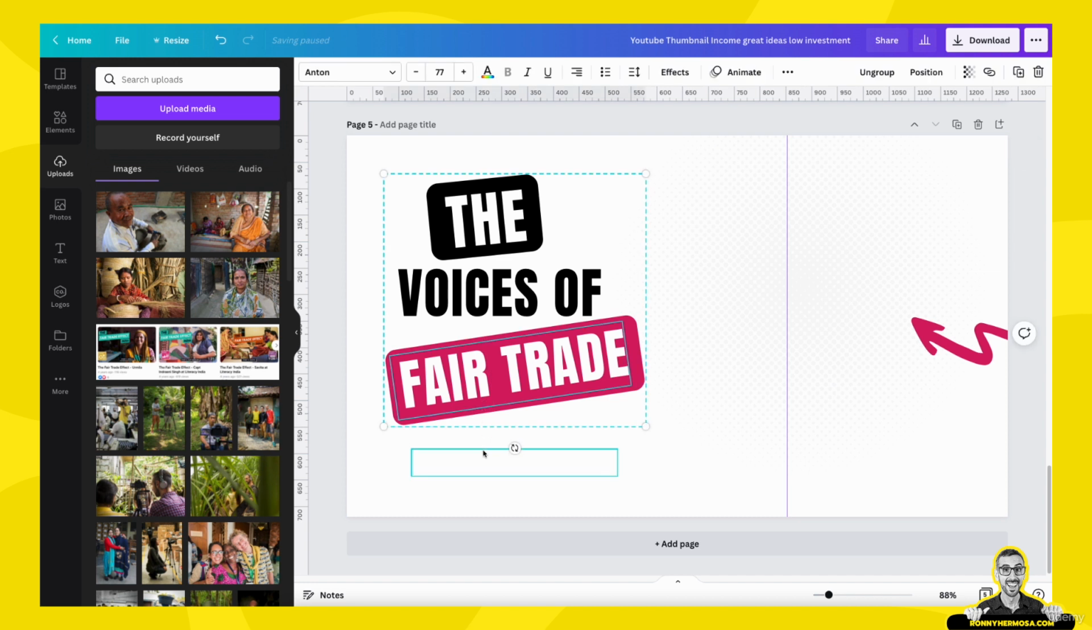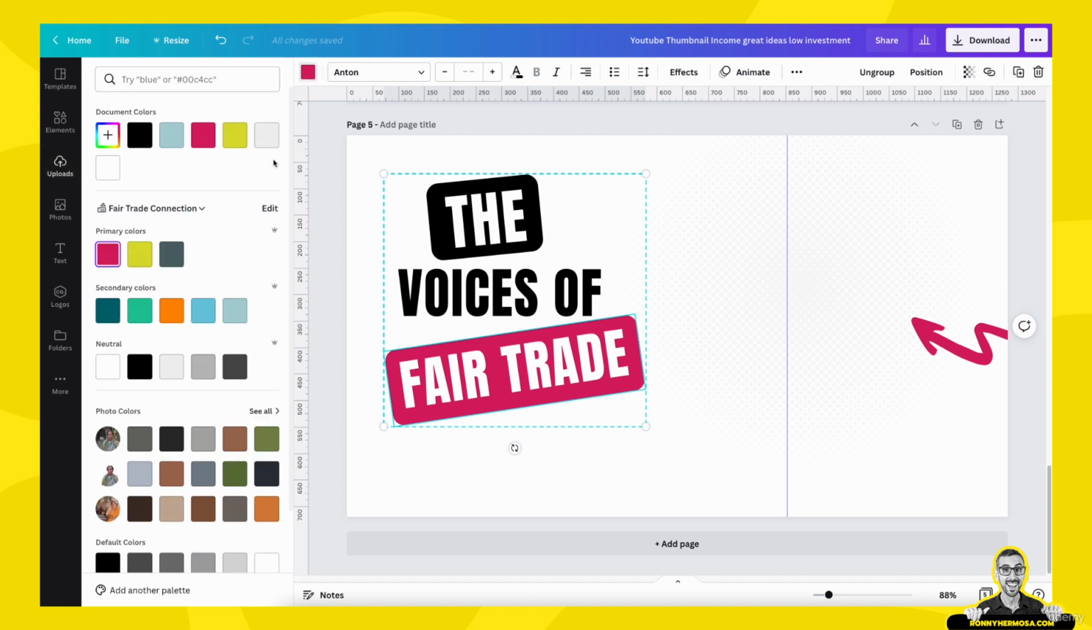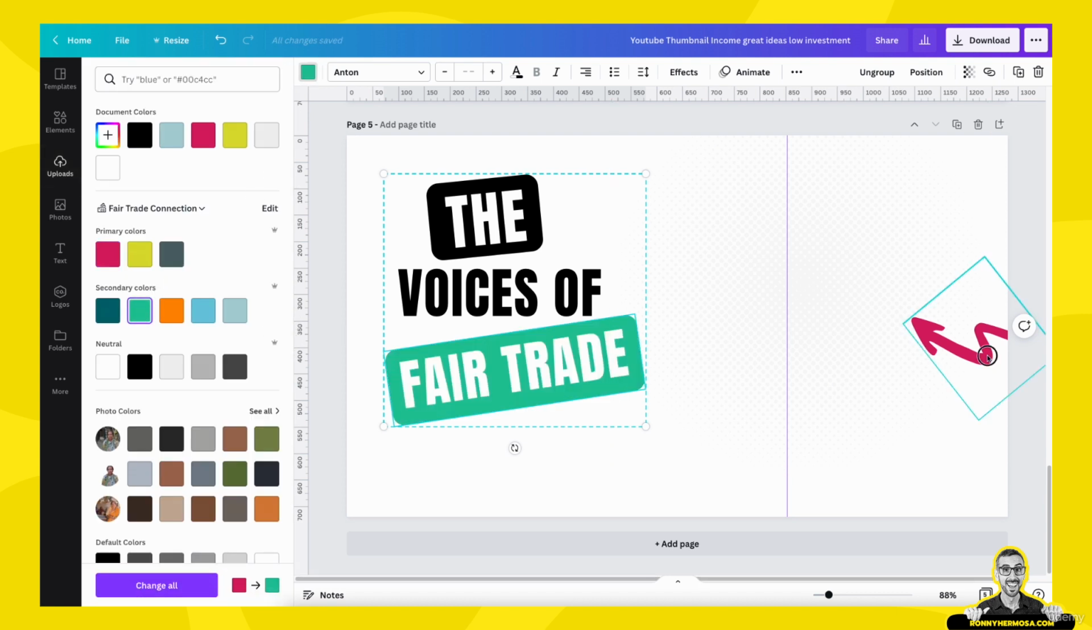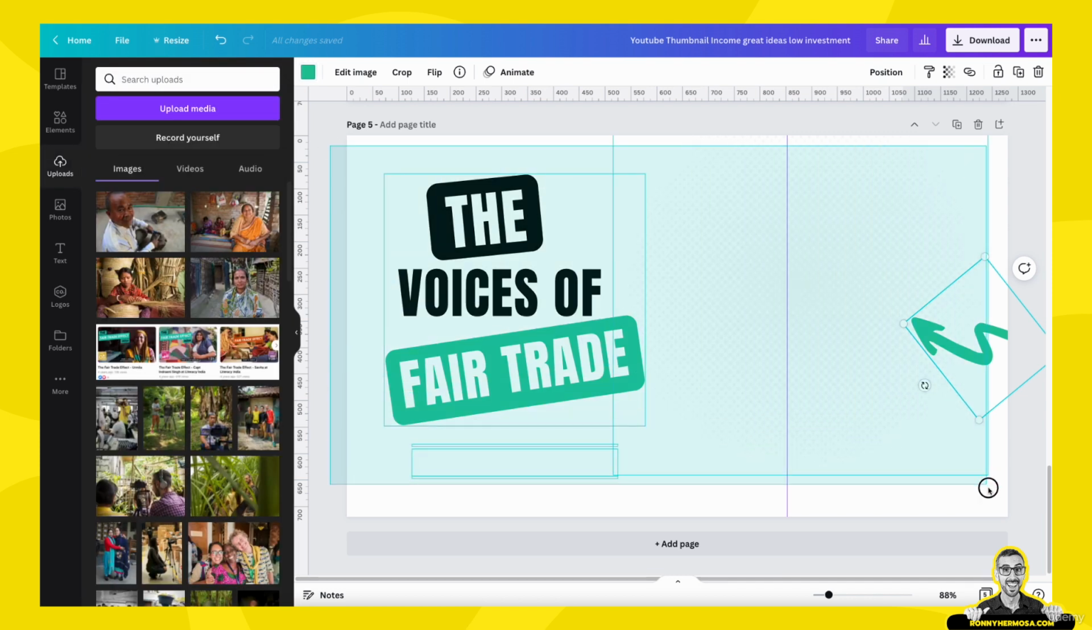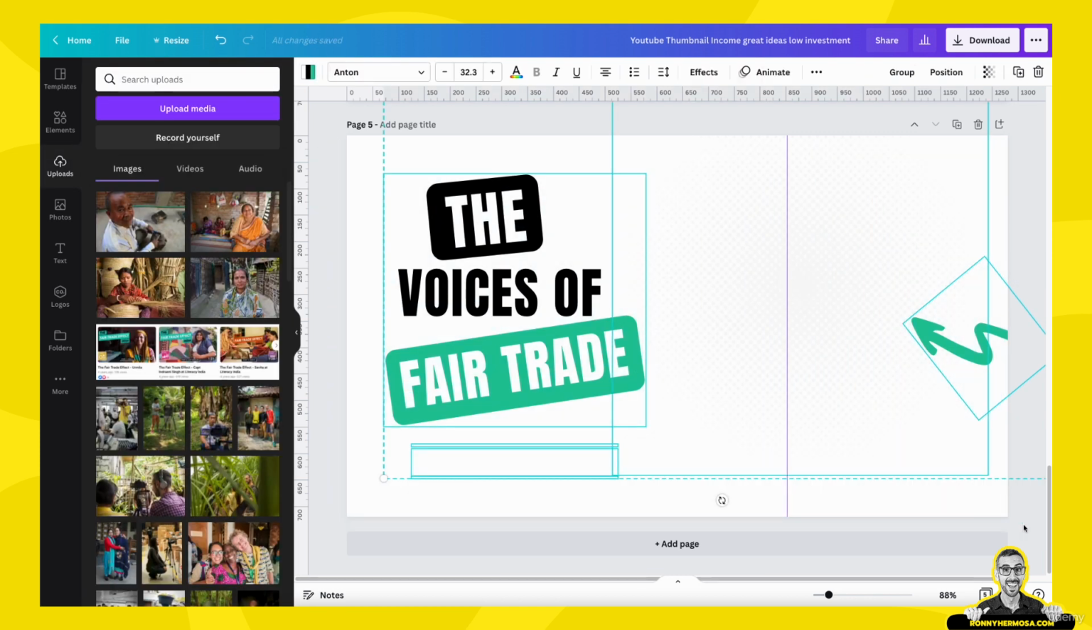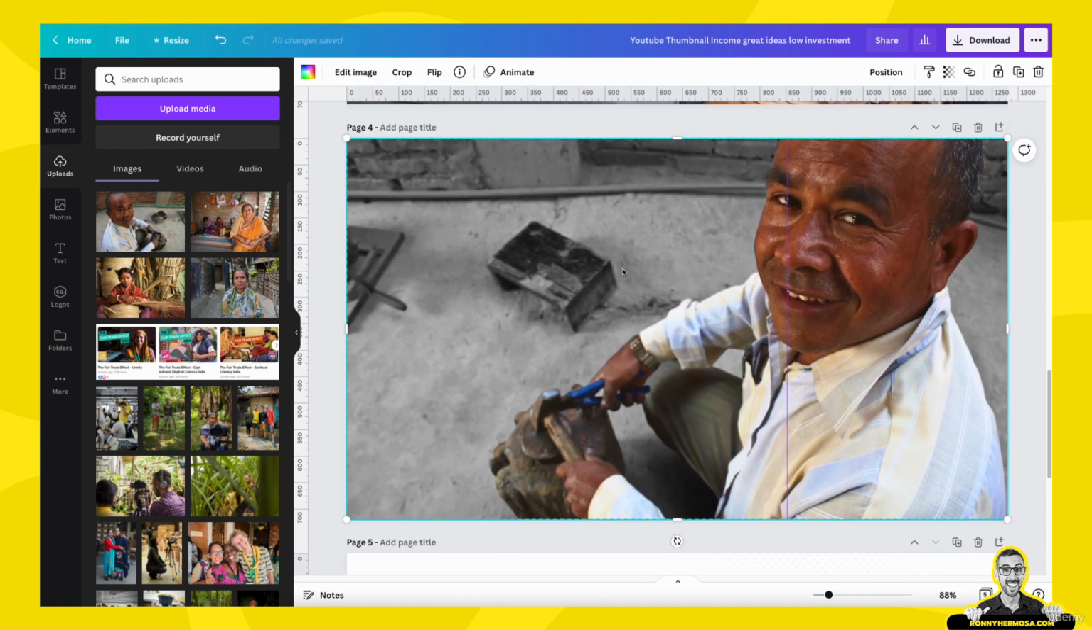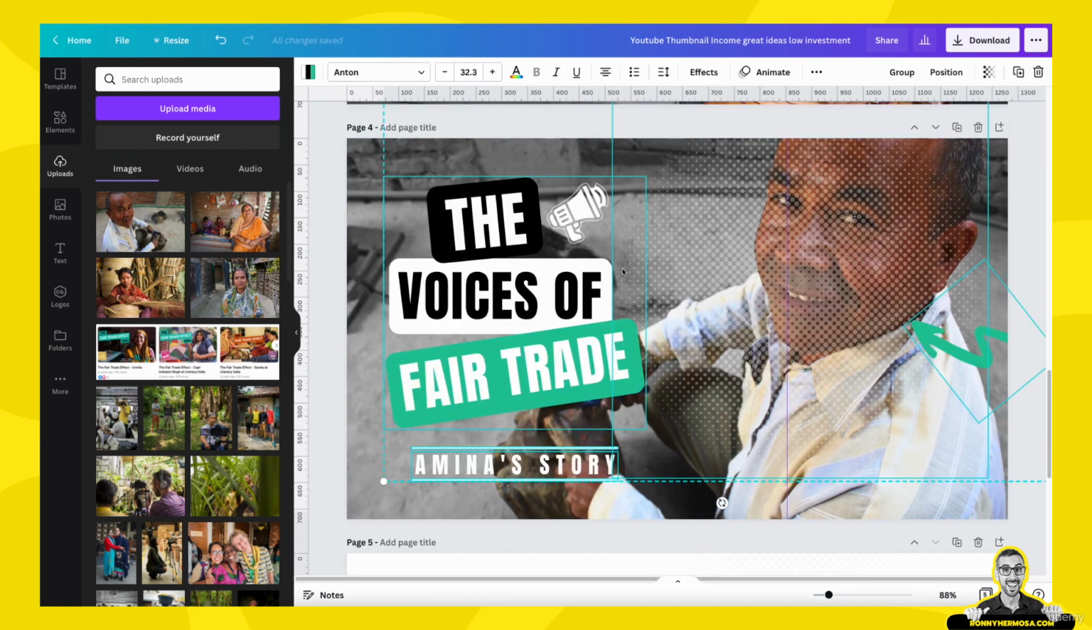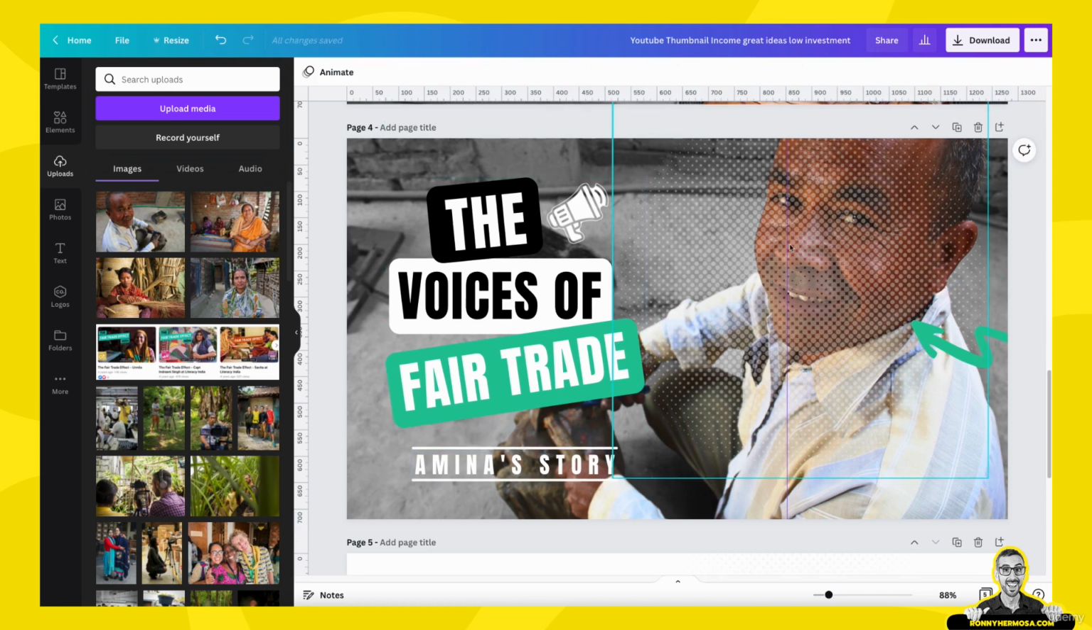So I'm going to start by changing the color of this box. This time I'm going to use my green. The arrow can be green as well. And I'm going to select everything here and Command C it. Then come to this thumbnail, this page, and paste it. And you see how much easier it was. I don't have to play around too much